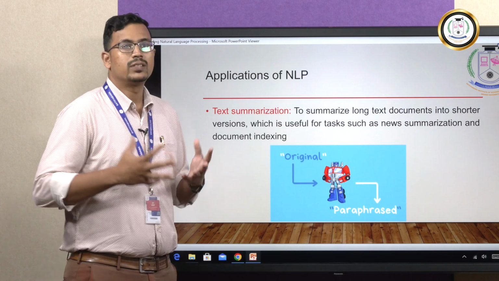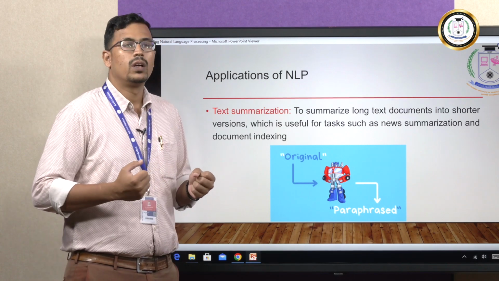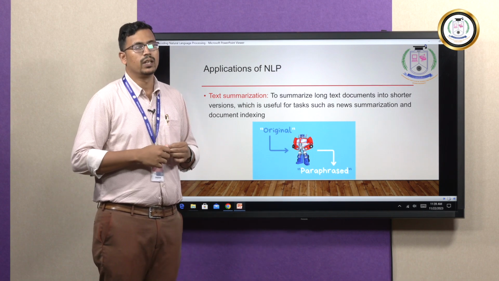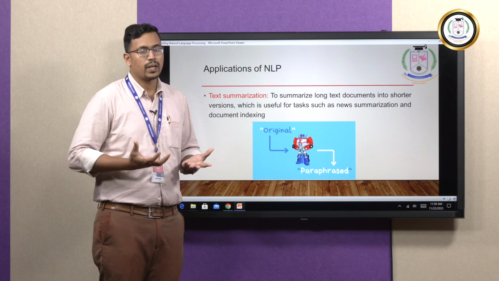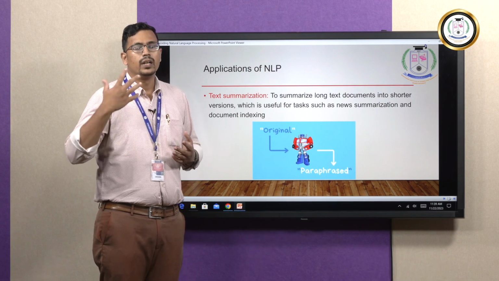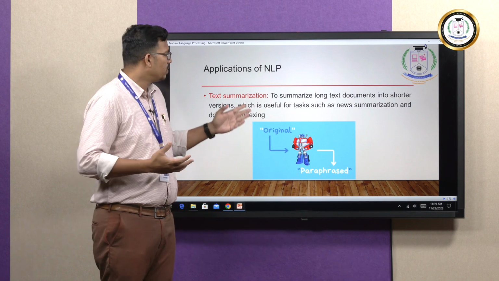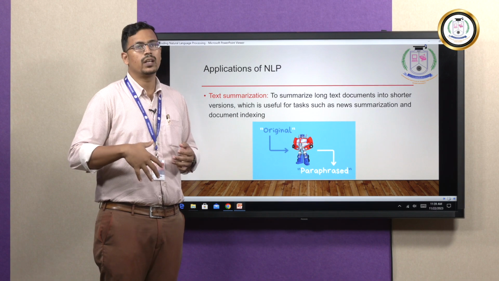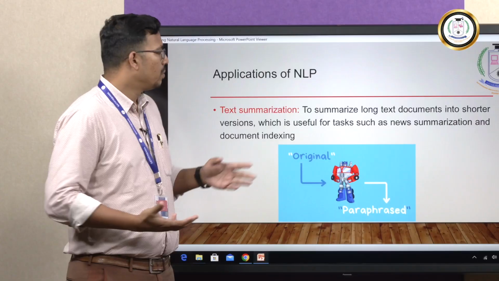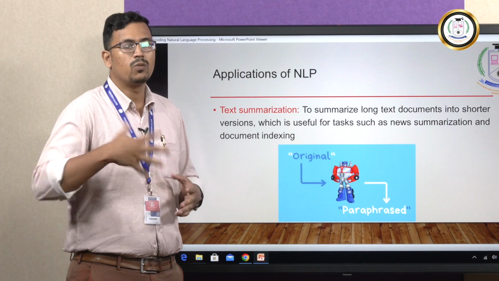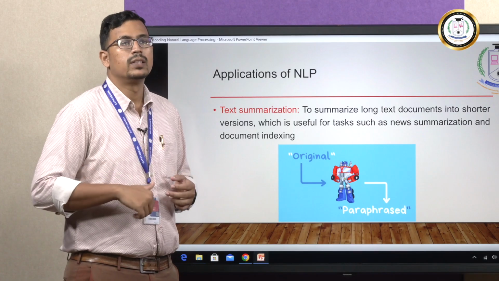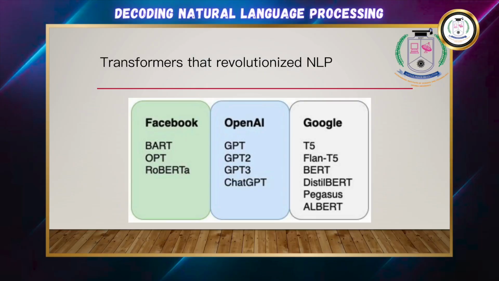So what is a transformer? A transformer has revolutionized natural language processing by bringing in the self-attention mechanism with the help of deep neural networks. In the previous slide, when we talked about natural language processing, it uses machine learning algorithms to process the data, right? But here, transformers, as an advance, use deep neural networks to process unstructured data with the help of the self-attention mechanism. Every big company nowadays uses these transformers.